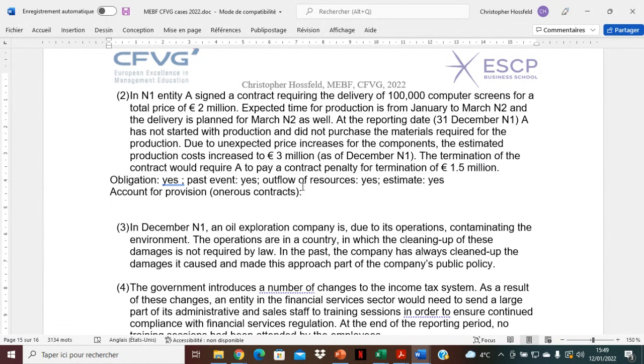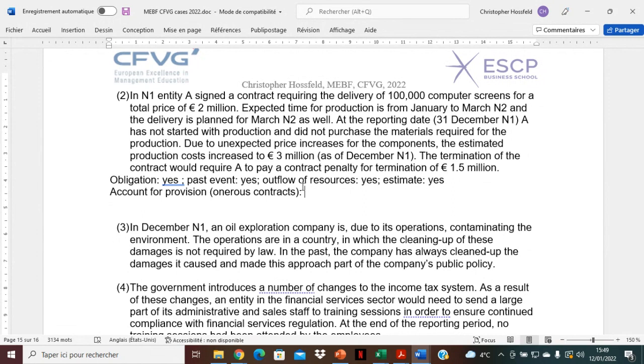Well, 4.5 million is too much. Because here with the provision, we try to anticipate a future loss. My future loss is not 4.5 million. Okay, so we have 1.5 million. So in other words, the contract penalty